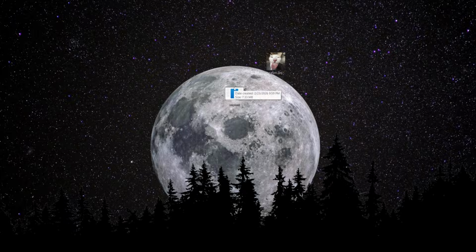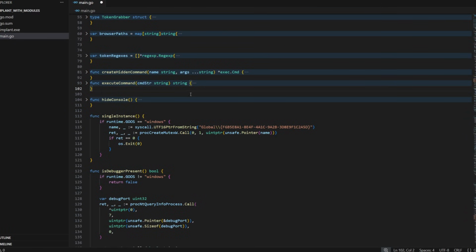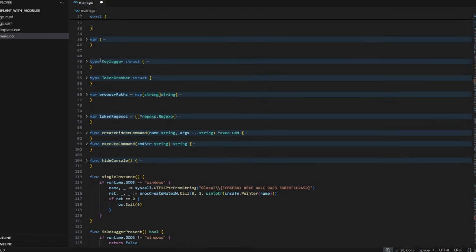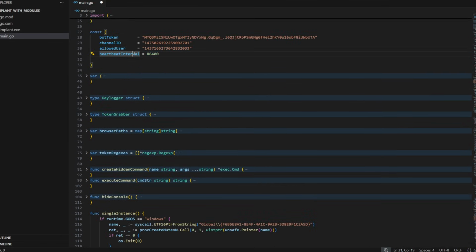The way this malware works is actually pretty simple. First, we obviously need the malware itself, a basic payload. So I went ahead and wrote one in Go. You can see part of the code on your screen right now. What this malware does is use a Discord server as its command and control server. As you can see in the code, we have the bot token, the channel ID, and even the allowed user ID specified there. We'll take a closer look at how something like this is built in a bit, but before that,